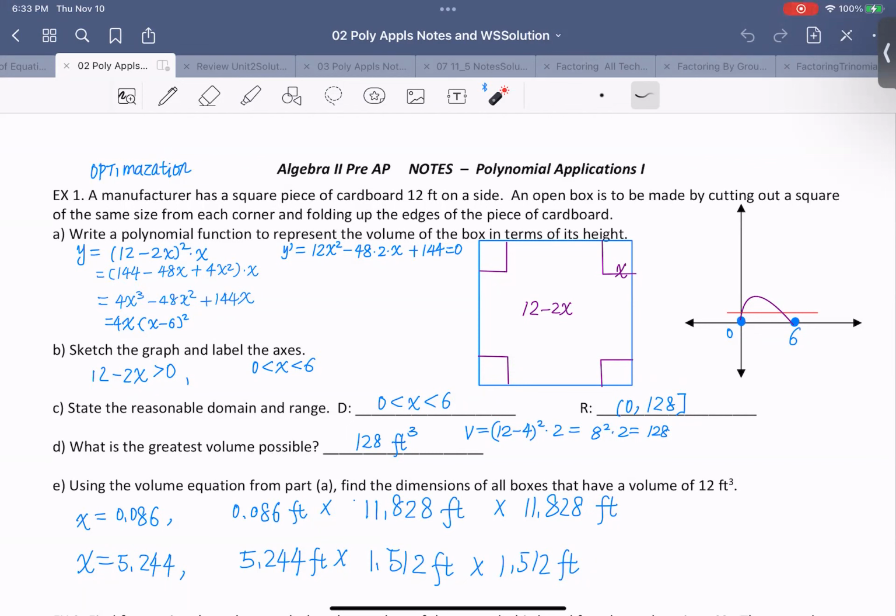Now, the volume of this is going to be, if you treat this side as x, this side also as x, then you fold it up, and if you draw the box in 3D,